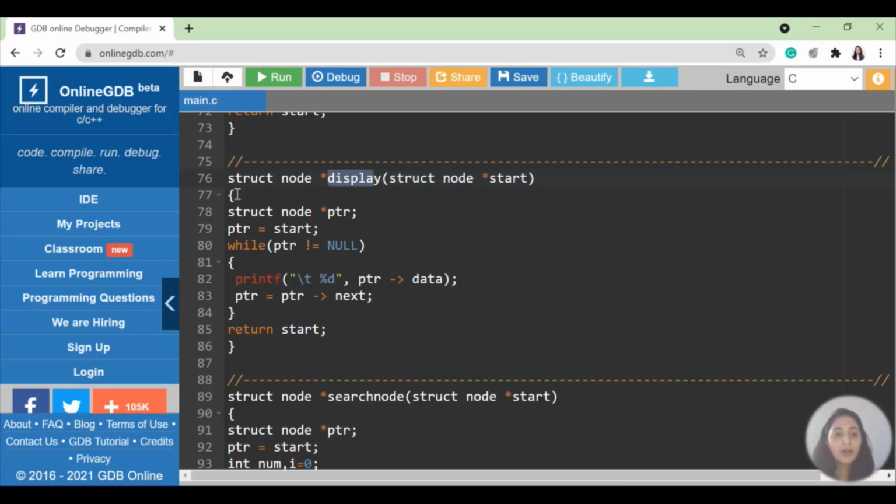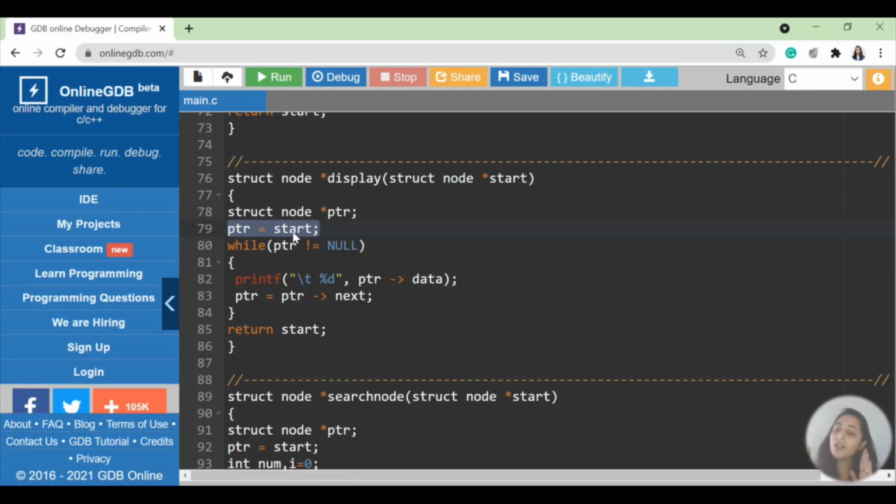Let's see this over here. So struct node PTR. PTR is equal to start. मैंने एक PTR करके node बनाया. And PTR का value मेरा start का value है. मतलब अभी मेरा PTR start's pointing to the first node of the linked list. बराबर है. अब ये first node के पास तो आ गया.